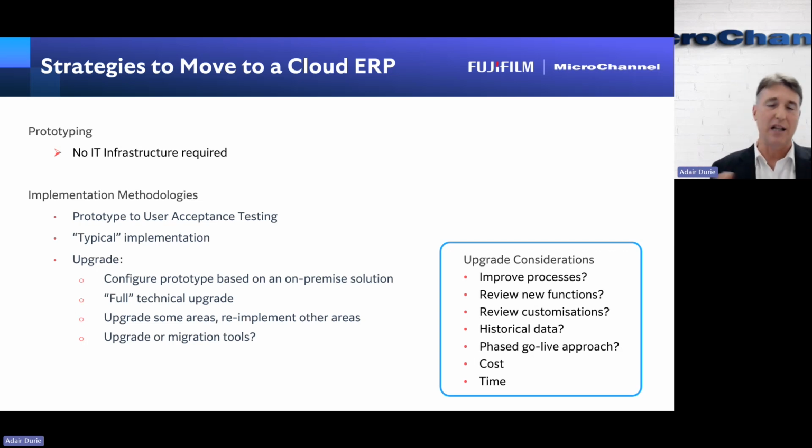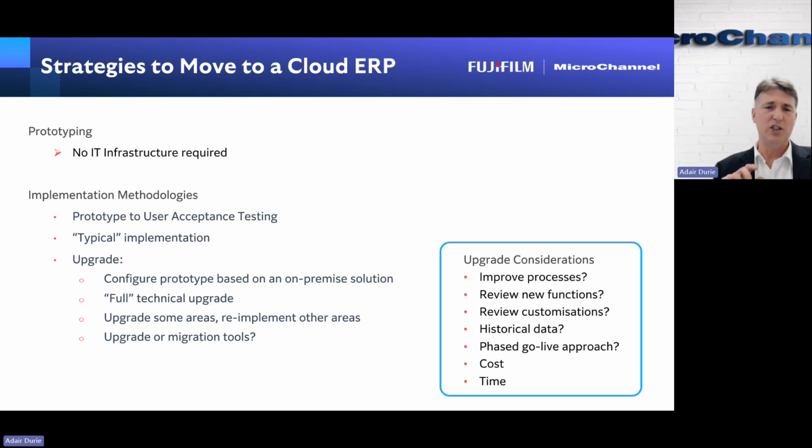So obviously when you move to a Cloud ERP system, yes, you can go through a typical implementation that you may have done to get on the application you are now, but just being able to spin up environments and test things a bit better enables the project teams typically to work a little bit more dynamically.